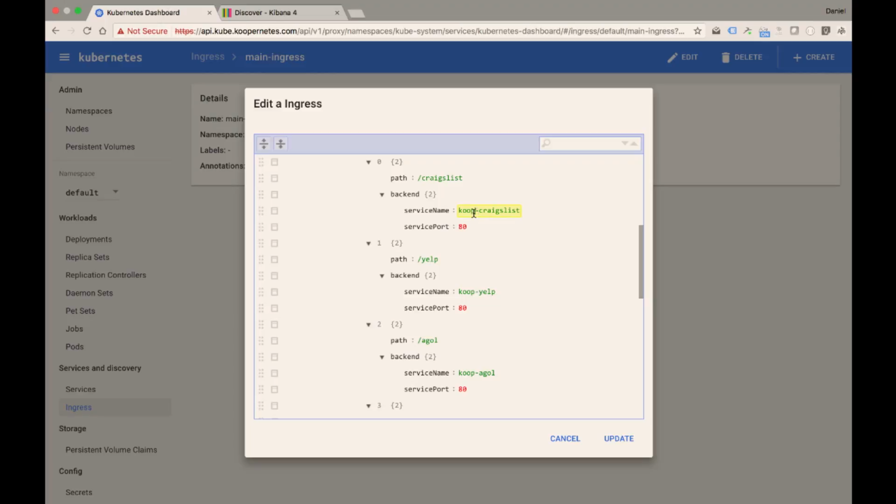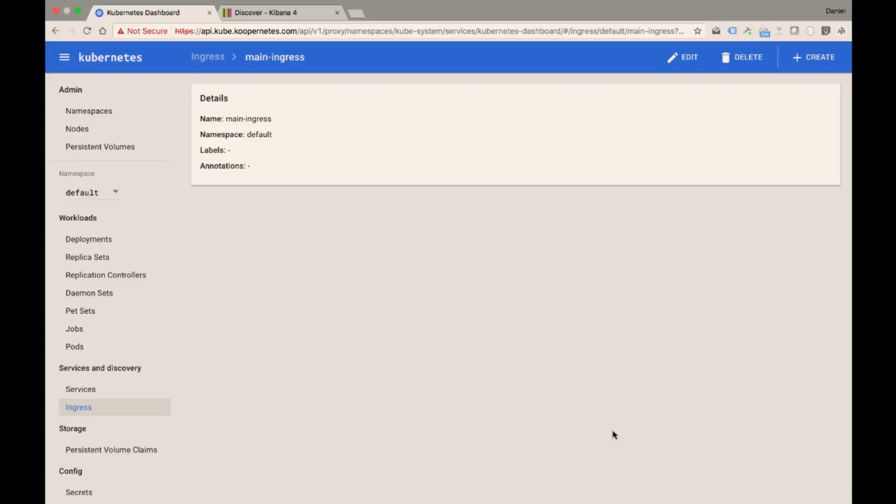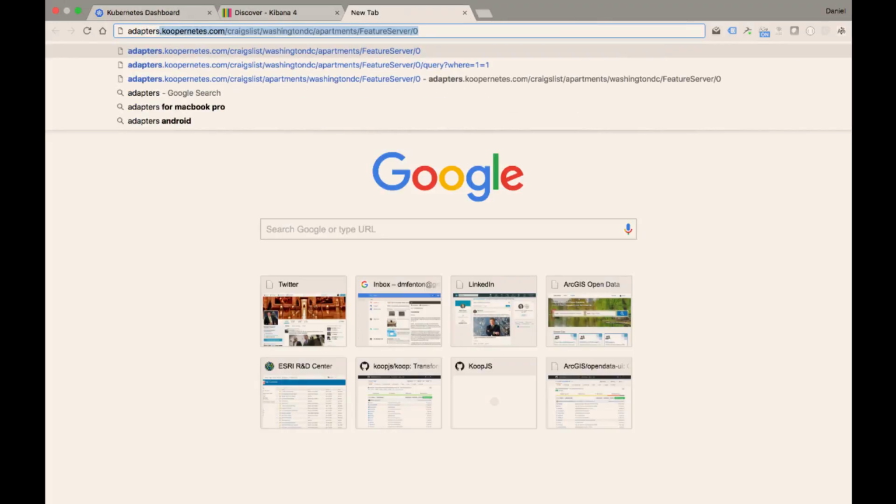Let's change Koop Craigslist just to point to Craigslist. And we'll change this to, leave it like that. Cool. So I'll now have a path in,